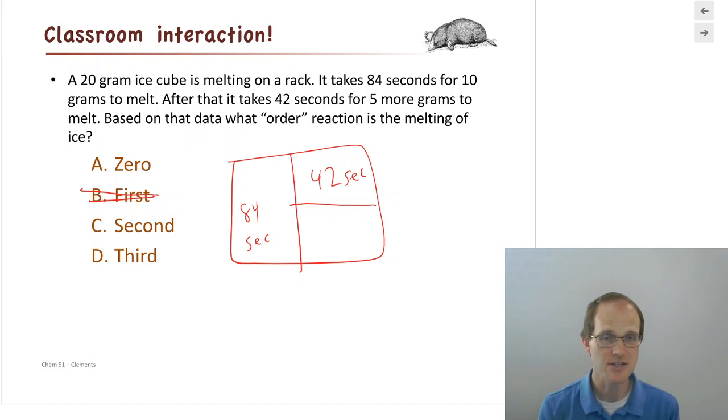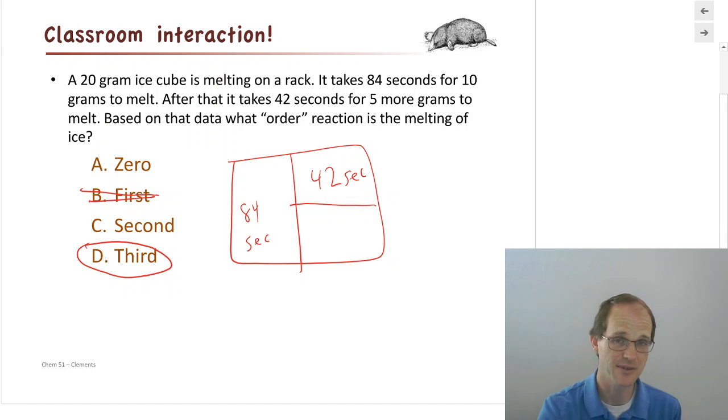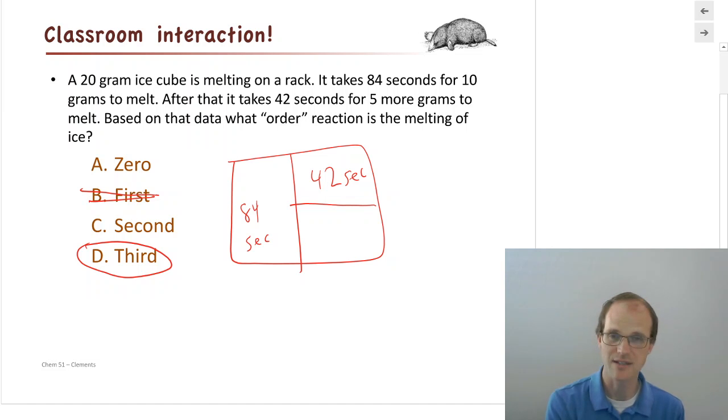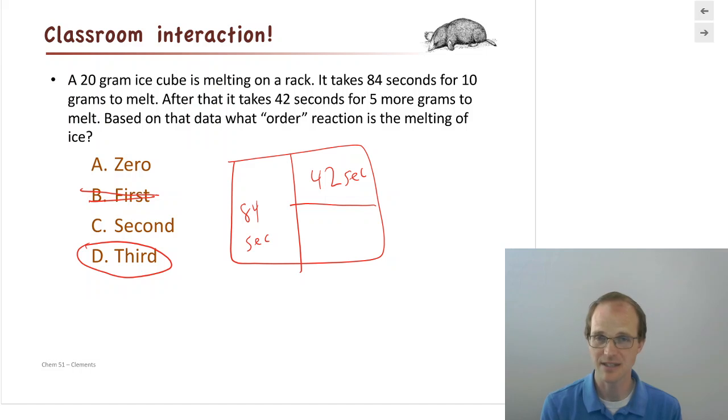So then I got to look at my 2 remaining ones that I know. I'm going to guess it's not third since we haven't talked about that, but let's figure it out first. 0 order, if you remember the half-life equation for 0 order, is the more we have, the longer it takes, right? Because if we have 1,000,000 pounds of chocolate, we're using it at a constant rate, then it takes a while to get to a half.